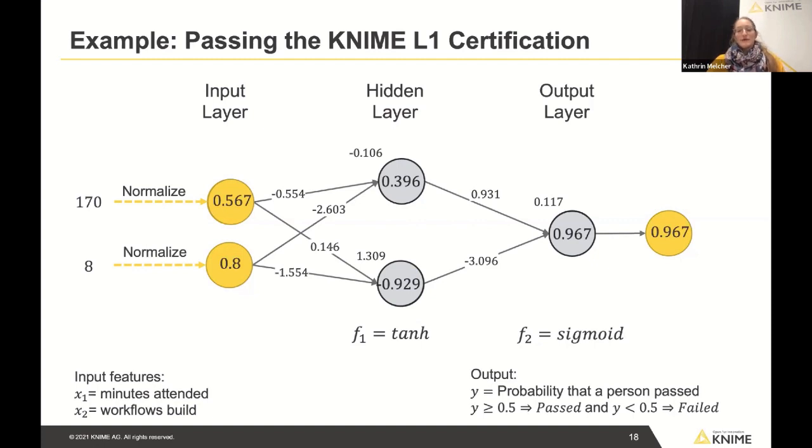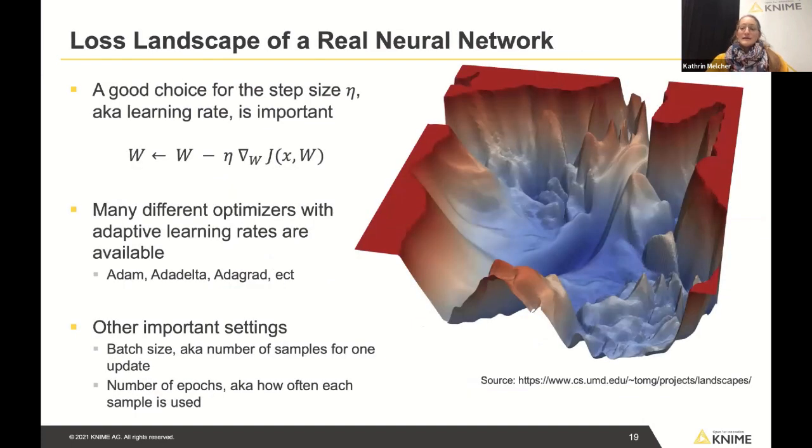0.967, and then I would predict correctly that a person who attends the course for 170 minutes and has built 8 workflows in the past actually passes our L1 certification normally. The loss landscape, which you saw earlier in my slides, was actually a quite simplified